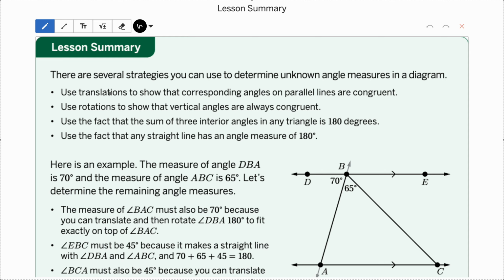ACD, okay, this angle right here. I'm then solving for ECB, this angle right here, and ACB, this angle right here. Okay, well, I know that I can find